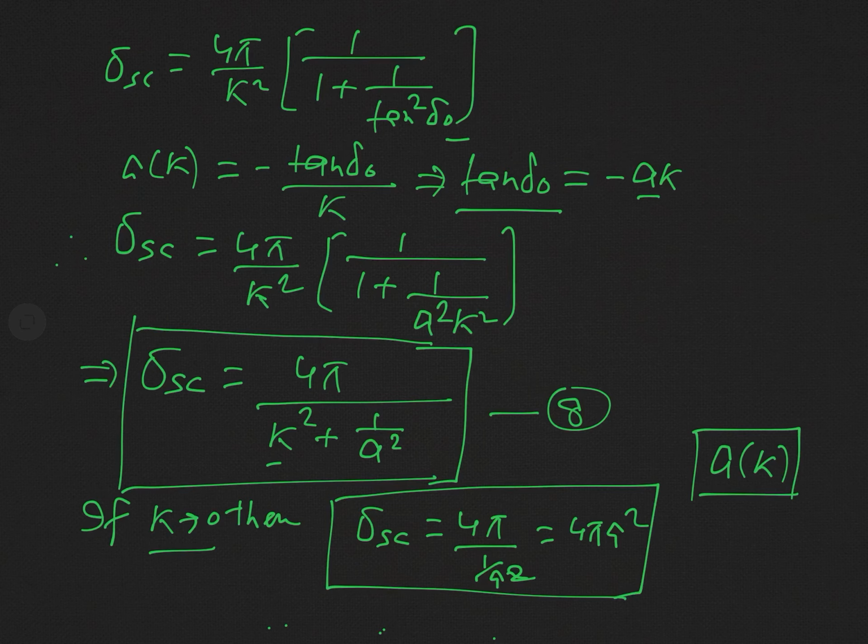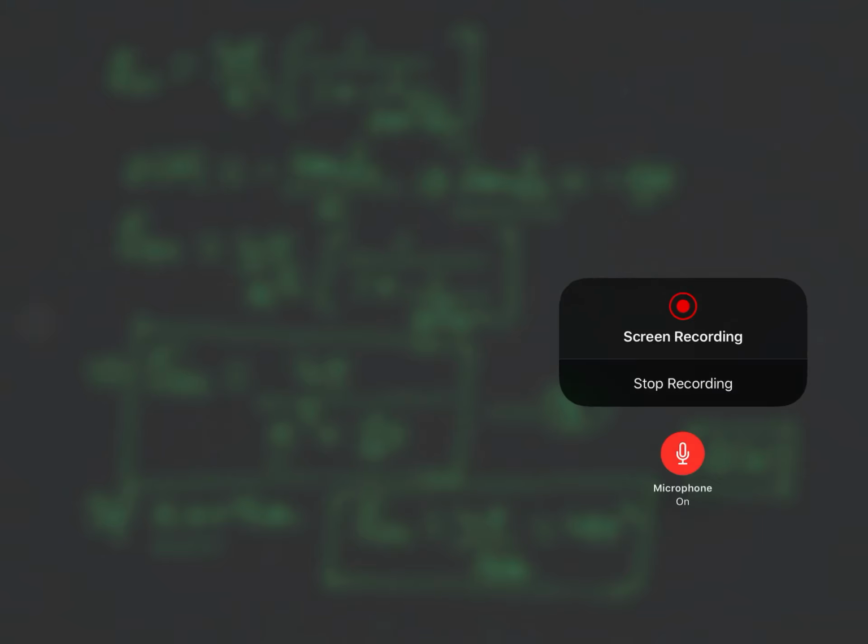If we know this scattering length, we can deal with the low energy NP scattering completely. So this scattering length is a most important parameter to discuss the low energy NP scattering. So this is all about the scattering length. We will meet together in another lecture with